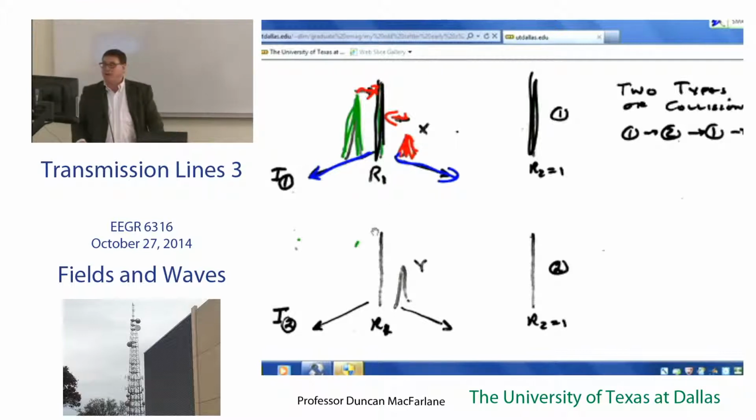Okay? To create products. So I don't know this amplitude, but I called the amplitude of this residual pulse X, and the input pulse I think had an amplitude of 1. And I called my two products I1. A type 1 collision produces a usable I1, and then the output, this residual here, I called Y. Okay. And what Y does is Y goes around and rattles off against the R2 mirror,